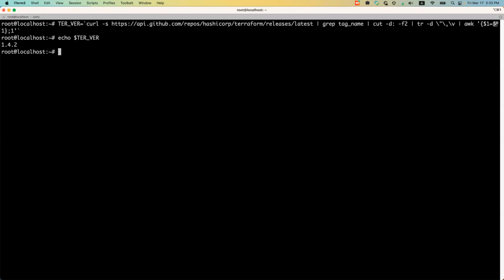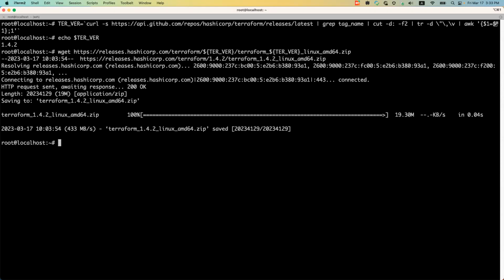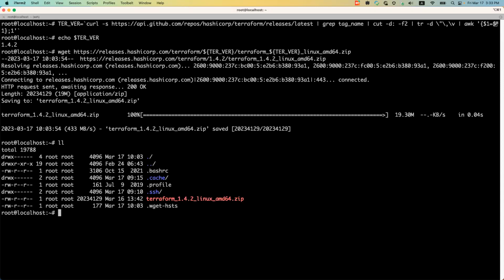Right. So what I need to do now is download that 1.4.2 version of Terraform. Right. So what I'll do, you can see it. I have given the Terraform version 1.4.2 here, and this is the location, right? Now it will go and download it here. If you look, I have downloaded this Terraform version. Okay. Now what I need to do, I need to unzip this Terraform, right? So what I'll do,